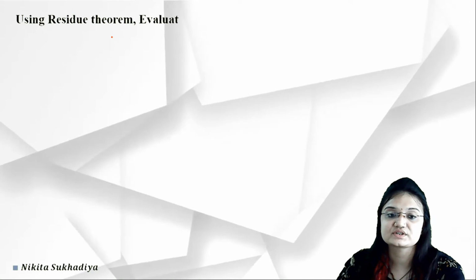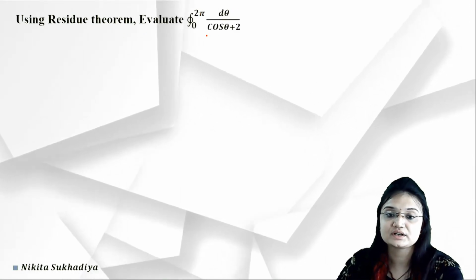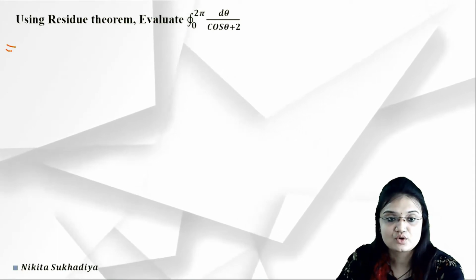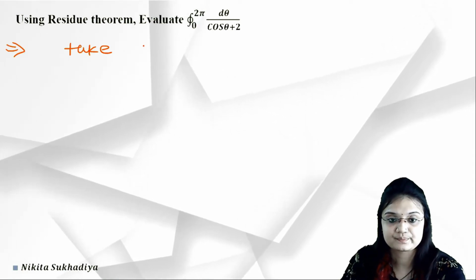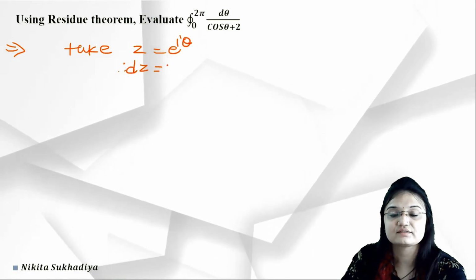Okay, now let us understand with the next example, that is, using the residue theorem, evaluate the integration from 0 to 2 pi of d theta upon cos theta plus 2. Okay, so here take z is equal to e raised to i theta. So this will become, by taking the derivative on both sides,